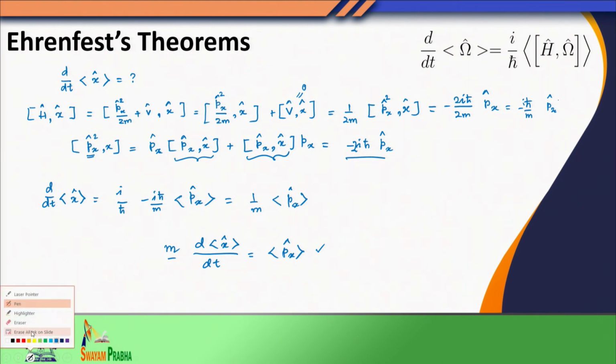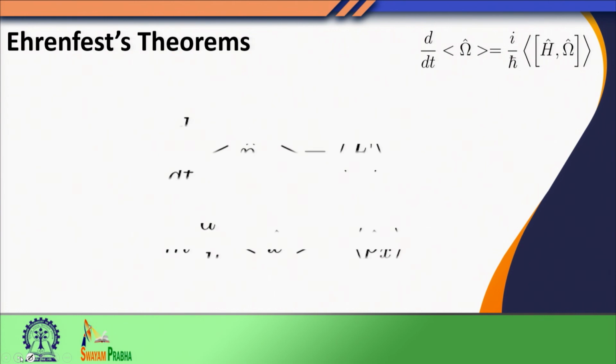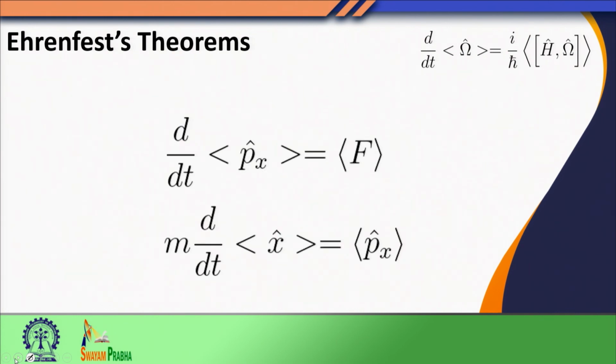If we take them together, we have these two terms which tell us the time derivative of linear momentum is the force and mass times velocity is the linear momentum. These two equations closely resemble the classical equations of motion, and in the quantum mechanical sense they are known as